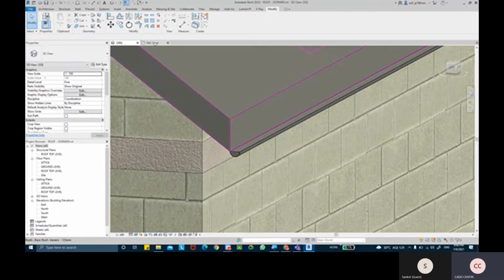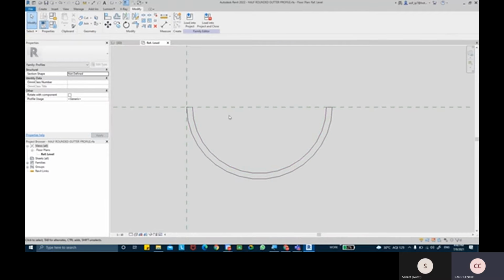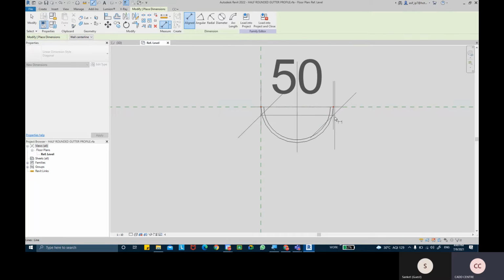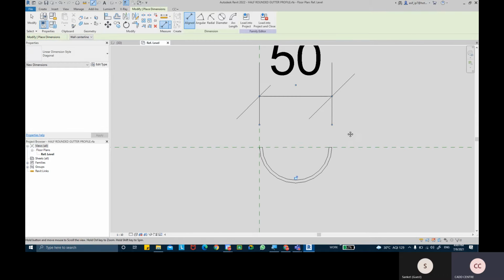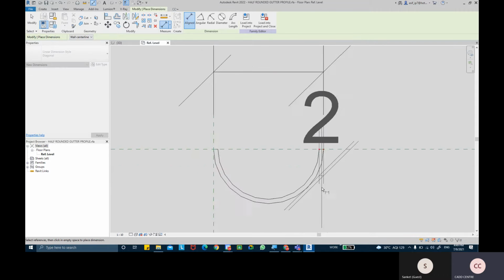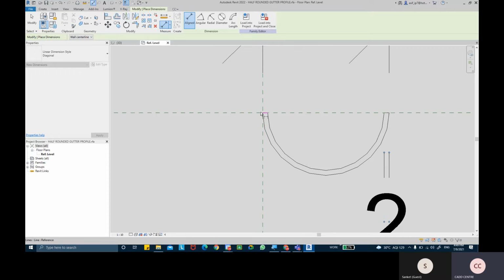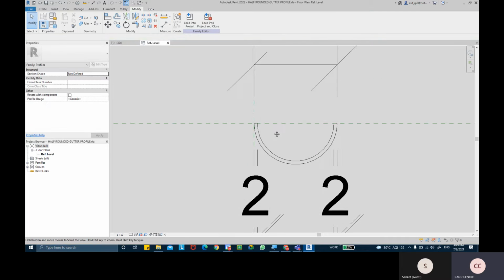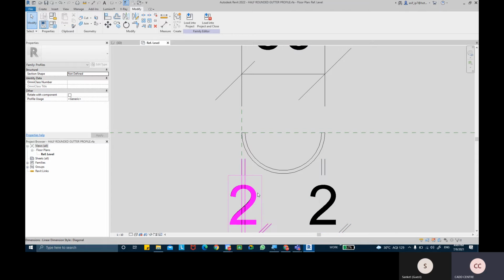And even we haven't created this family as a parametric family also. So if you wish to give parameters, you can give parameters as well. You can even give parameters to these thicknesses as well. Okay, so that you can at least control the length or the depth or the thicknesses as well, basically. So I'll leave that to you.